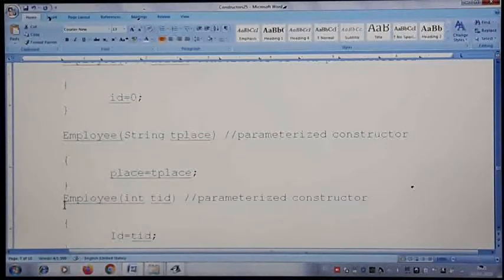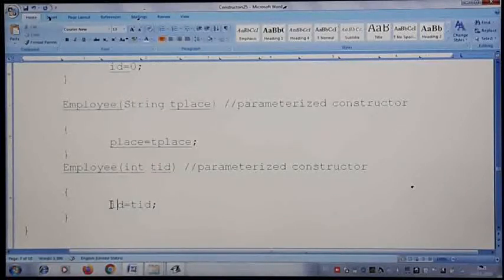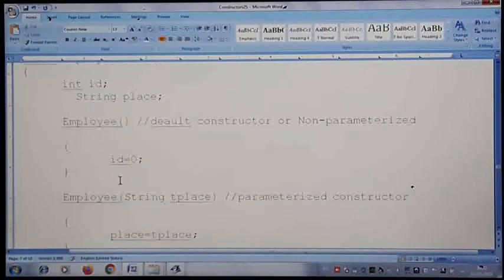Then I have taken a third constructor, Employee(int TID), where ID is set with the argument variable TID. So there are three constructors for this class: one with no argument, one with a string argument and one with an integer argument.